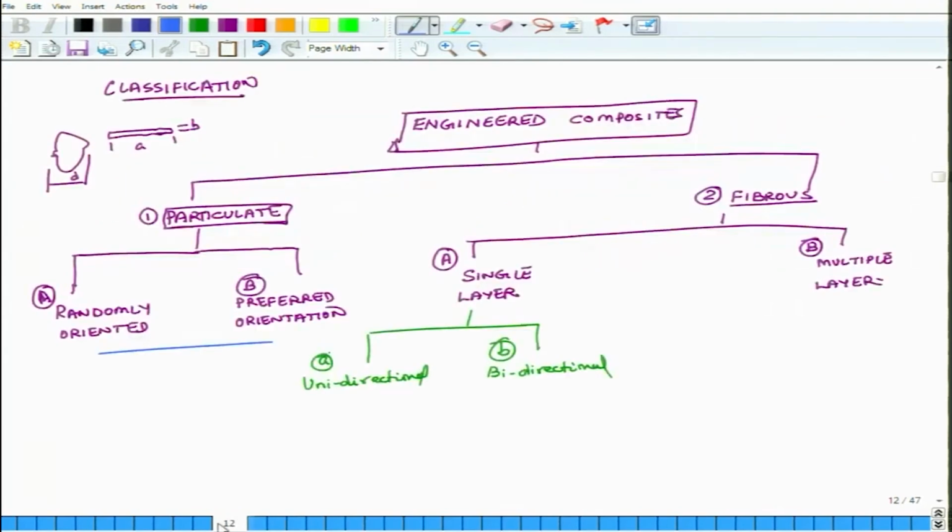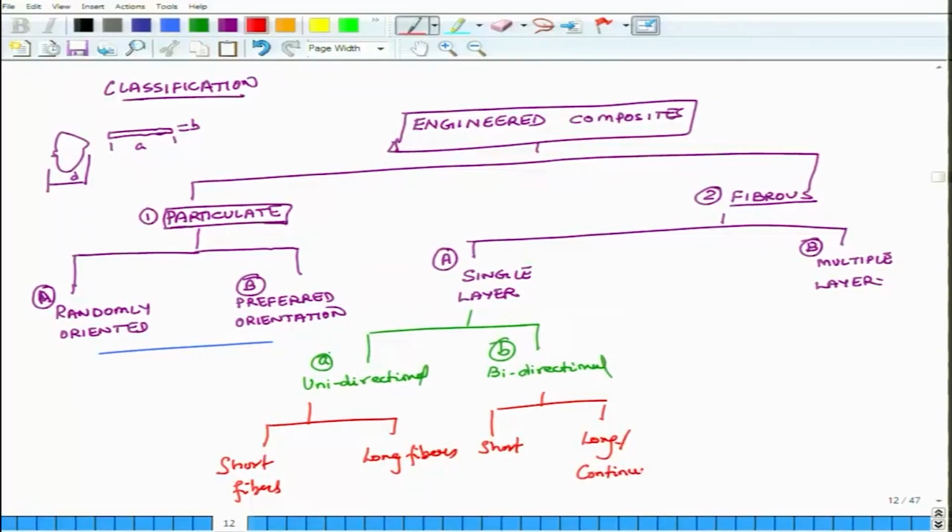And then you can further break these into short fibers and long fibers. Same thing here, you can break them into short and long. A lot of times we do not call them long fibers, we can also call them continuous fibers. So, here also we can call them either long fibers or continuous fibers,